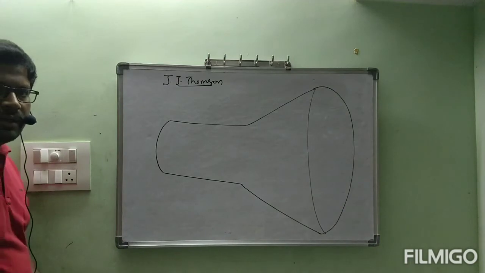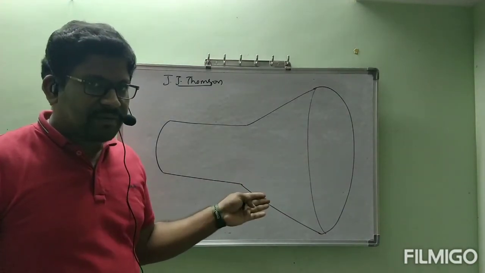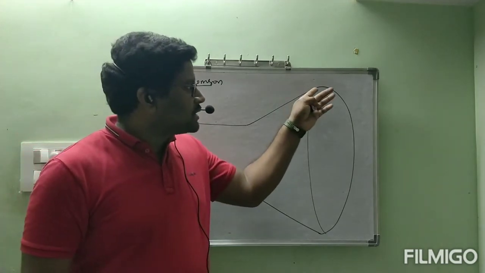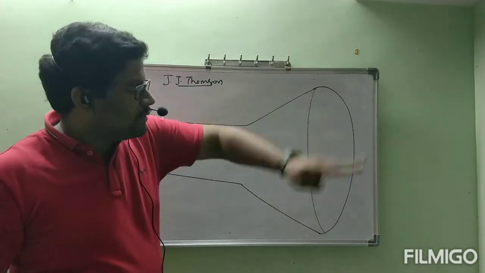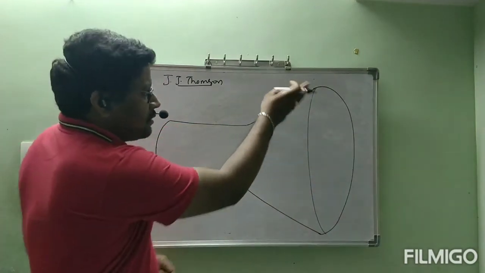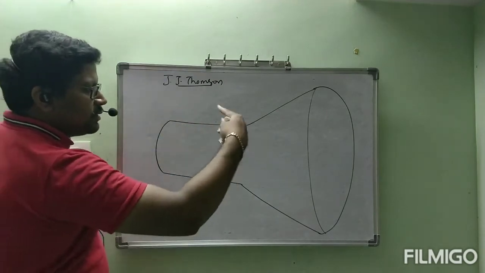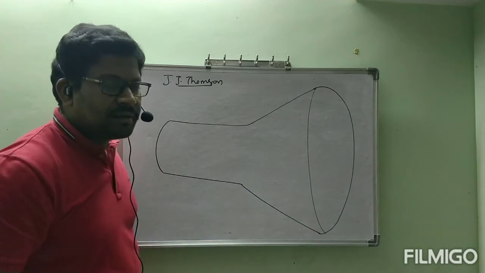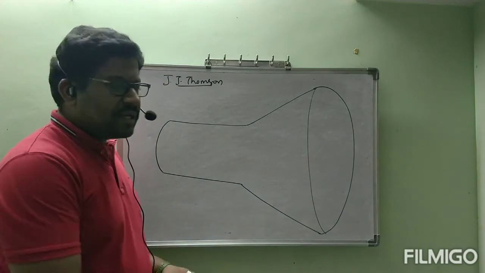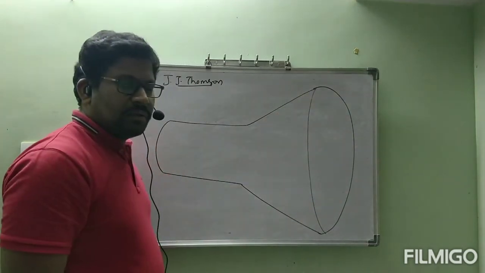Like this equipment. Please don't think that this is two-dimensional. It is a three-dimensional figure in which this is a glass tube, totally glass tube, like this, it will be everywhere. Okay, this is cylindrical, cone shape. You can imagine a funnel is there, na? Funnel. This is the open end, but this is also closed with glass.